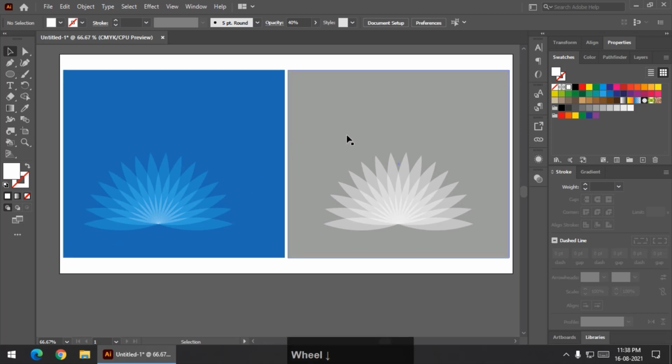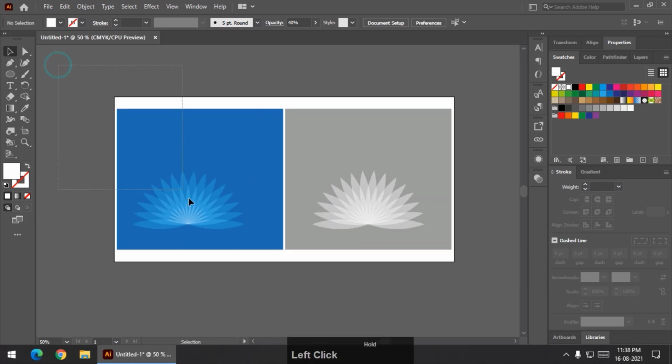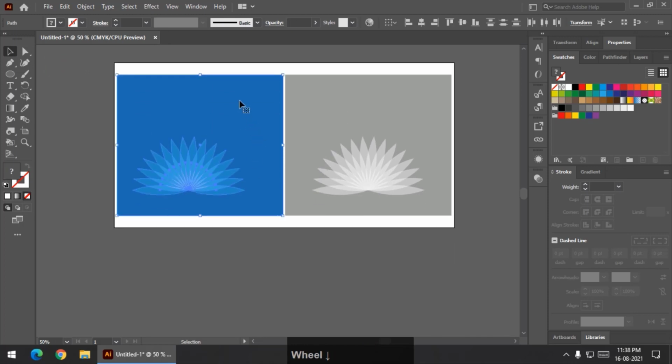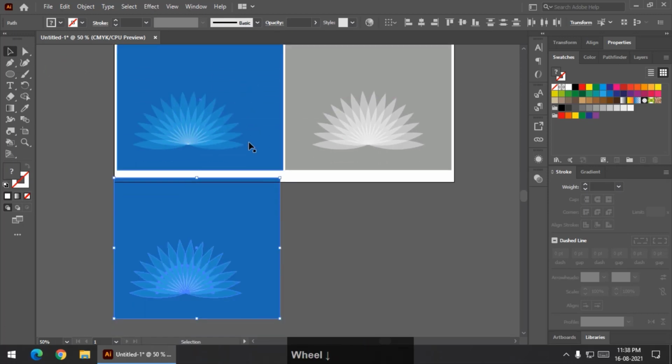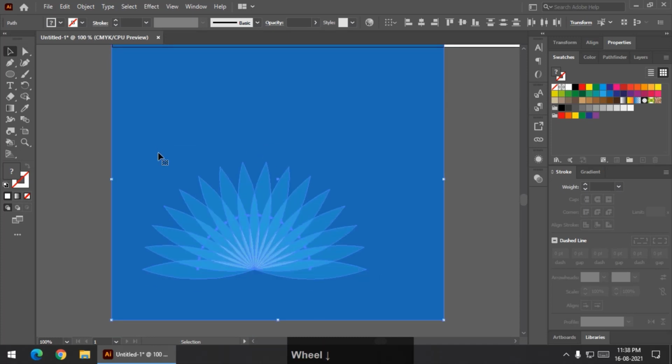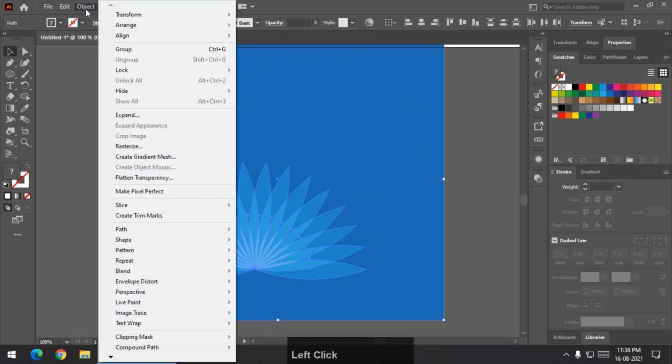So what I'm going to do is select both the shapes with the background, and copy this, Alt and drag. So this is how it looks. Now for this particular reason we have a very important property in the object panel. We have already selected both the objects, this particular group, and the background as well. After going to Object, this is a very important property, which is there for this particular matter: Flatten Transparency.